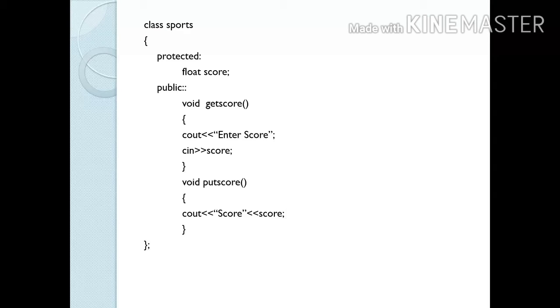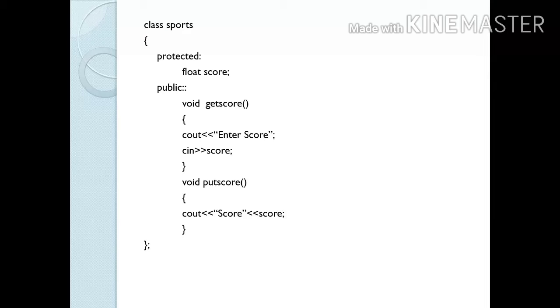So this is my independent class. In the sports class, I have created a variable score. I am entering the score in the getScore function and displaying that entered score in the putScore function.